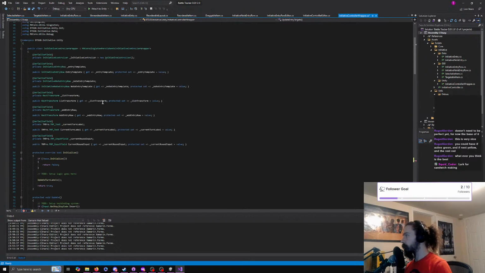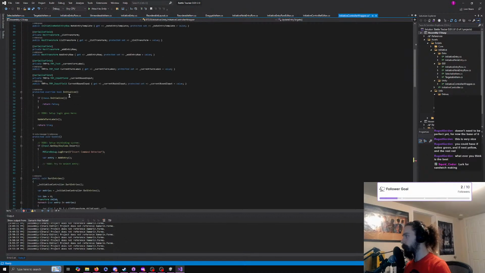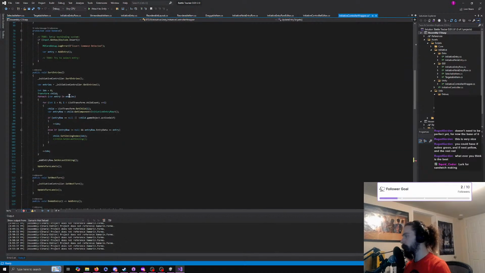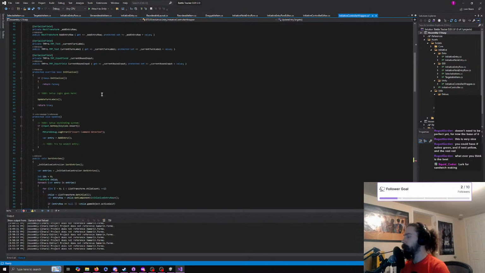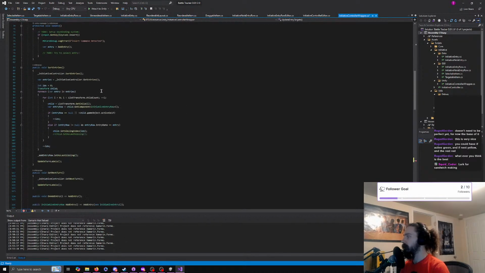What's our list called? I don't have a list of our entry rows. Interesting. We just have a reference to our list transform. I guess I kind of know why, because we're moving around and changing and adding stuff. So I guess we just have to get our